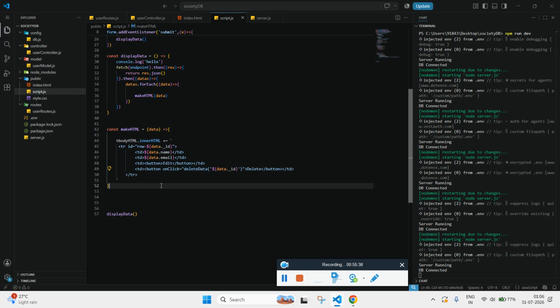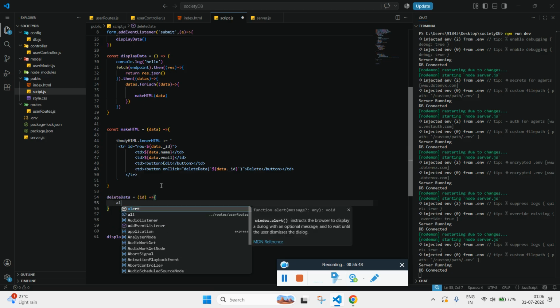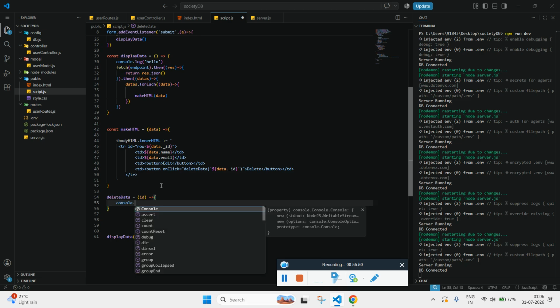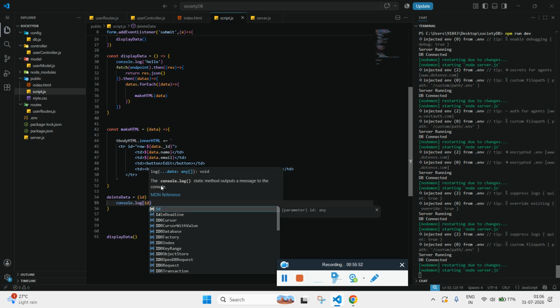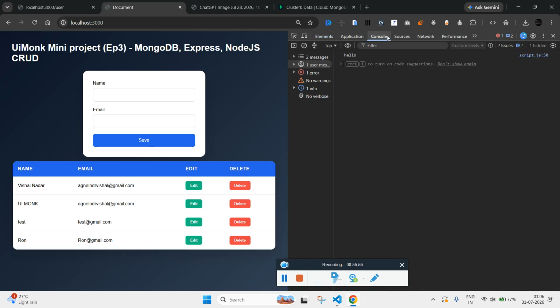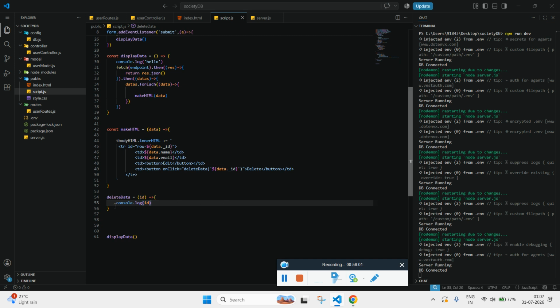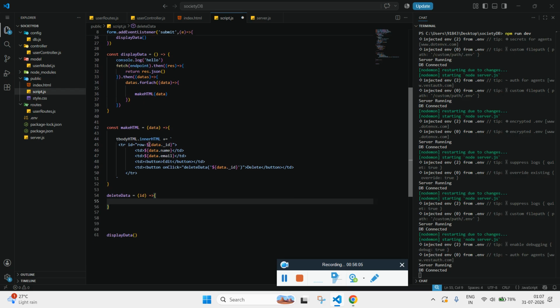Let's initialize this. We would be having ID as a parameter, or we'll simply say console.log. When I click it, I want to log the ID, so I am able to fetch the ID. Now let's send this ID to the server. So how are we going to do it? Fetch